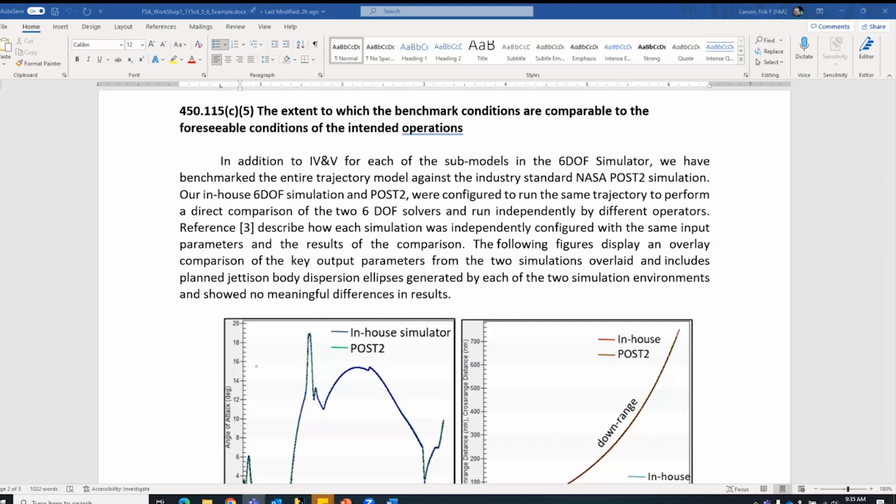SB provides a reference that describes in detail how they configure both programs to run the same trajectory to allow them to perform a direct comparison of the two 6-DOF solvers, and noted that they were run independently by different operators. That's very important because that allows for more confidence, having two different engineers looking at two different programs coming up with the same result. Lastly, they provide overlay and comparison of the key outputs, as we will see in the